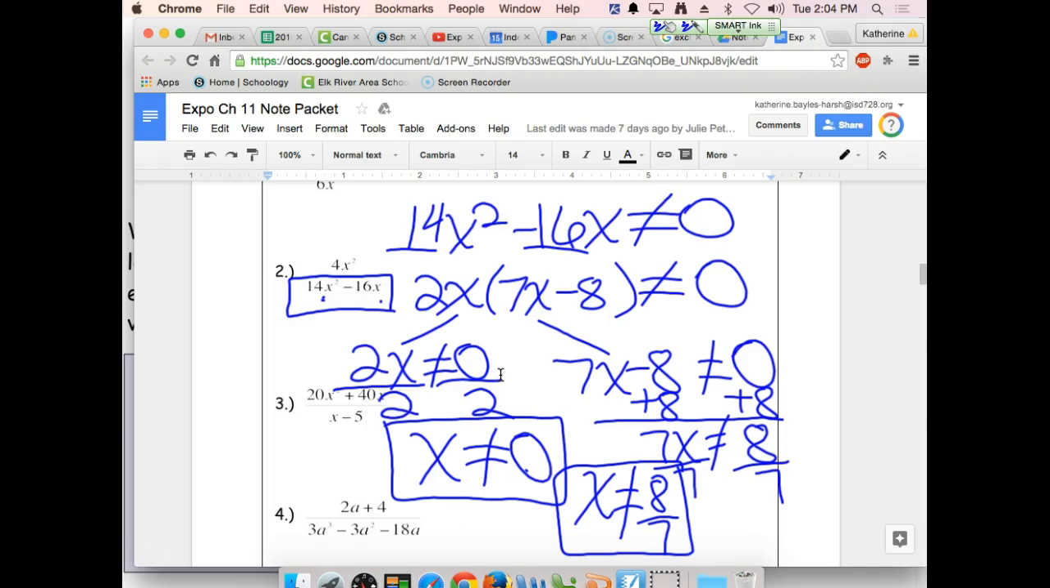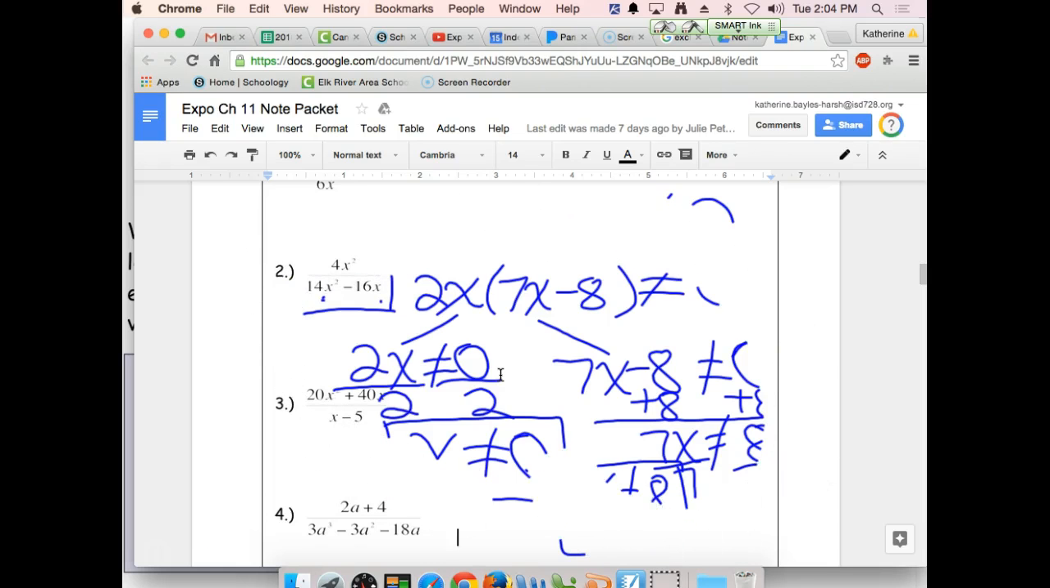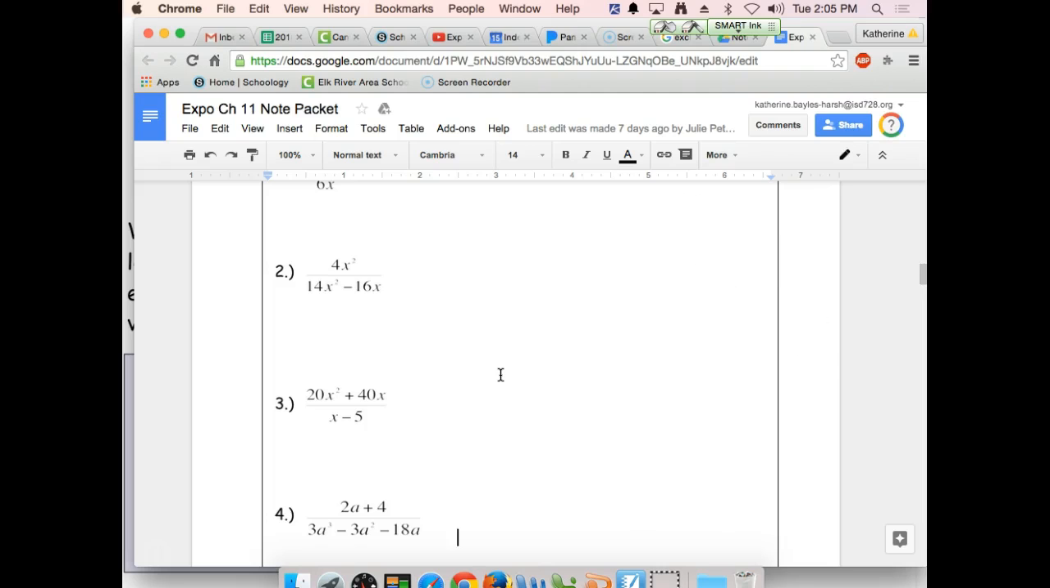So this one has 2 excluded values. And we remember from chapter 9 that sometimes we're going to get 2 answers for things. All right, so that's how we do that one. The next one is kind of a nice, easier one. So if I'm looking at number 3 here,